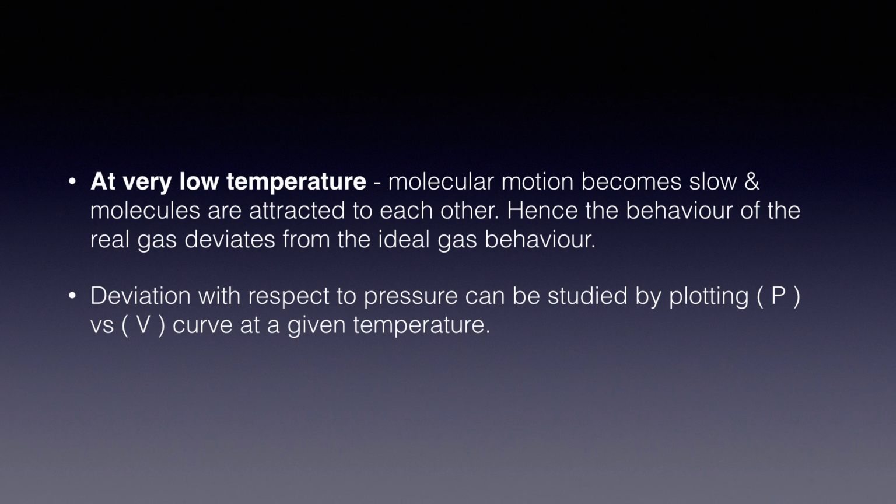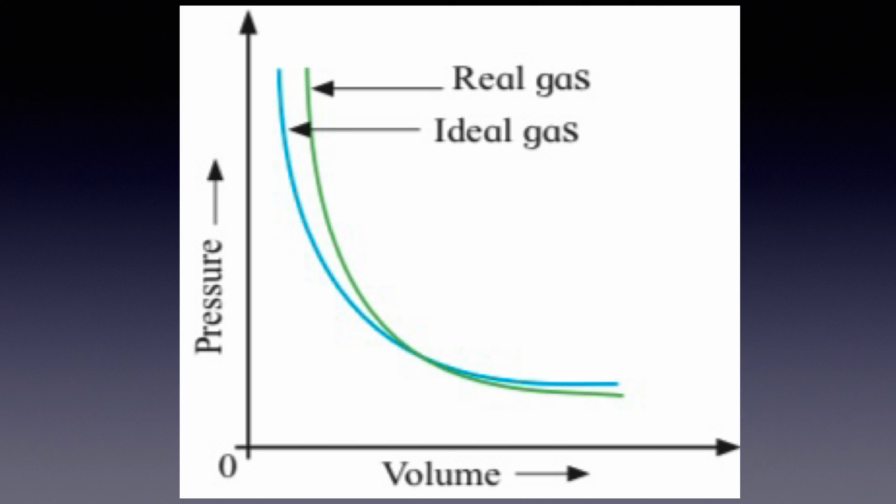Okay, so next one, now deviation with respect to pressure can be studied by plotting pressure versus volume curve at a given temperature. So when we plot a graph of pressure versus volume at constant temperature, we get two curves. So over here the blue one is of the ideal gas and the green one is of the real gas. So we can easily understand that at high pressure the measured volume is more than the theoretically calculated volume, assuming